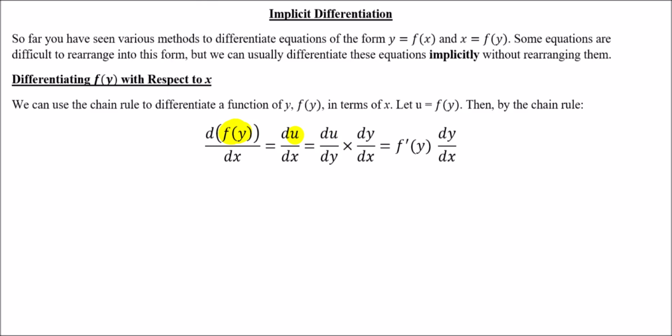So if you differentiate a function of y with respect to y, we can call that f dashed of y. In the same way, if we differentiate a function of x with respect to x, that would be f dashed of x. And then dy by dx, we just leave it as it is. So we just stick and multiply, if you like, the dy by dx at the end of the expression for f dashed of y. So, for example, what this would mean is, if you want to differentiate a function of y which was, for example, let's call it y squared